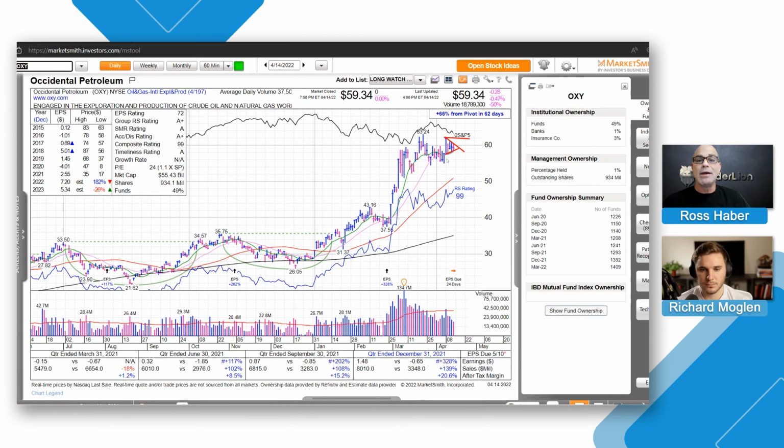Keep in mind the 23-day moving average is where the stock is going to get support, though it's not on here. But that's just a way to start if you're trying to, let's say, make this a 15% position in your portfolio and you want to buy. What I'll typically do for something like that is I'll buy it 5% at a time. But I would tell you this, when I'm working on the first 5%, I might buy